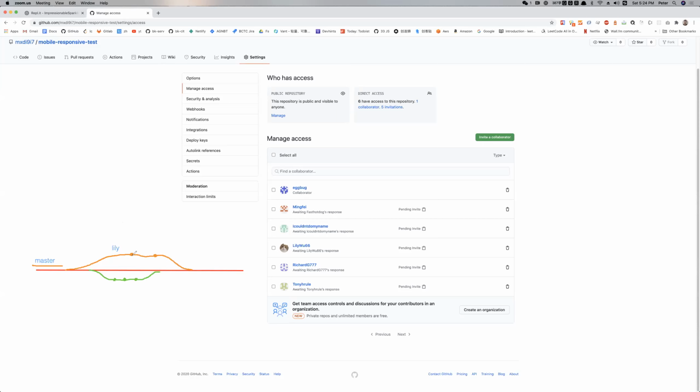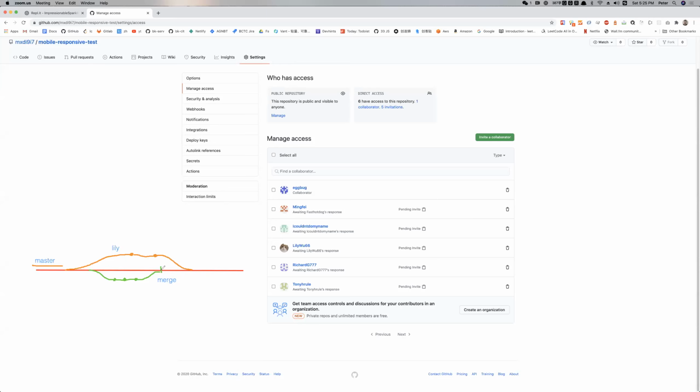So Lily gets a branch, works on it, and before Lily is able to push it back into the main master branch, Tony merges first. Okay, this is what we call a merge, when we put the branch back in. So when Tony merges first, and then Lily tries to merge her work into the master branch, Lily is warned by GitHub that she cannot merge her branch in until she merges with what Tony updates. Okay, so now the branch started from this place to here.